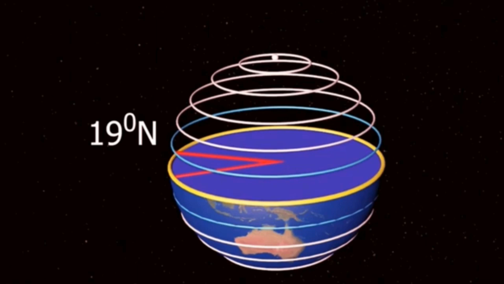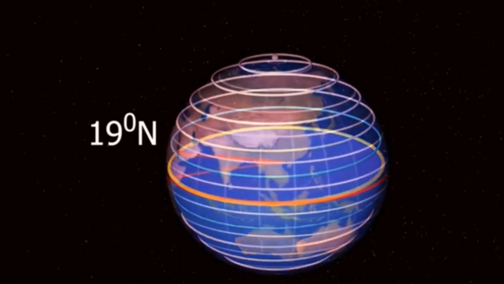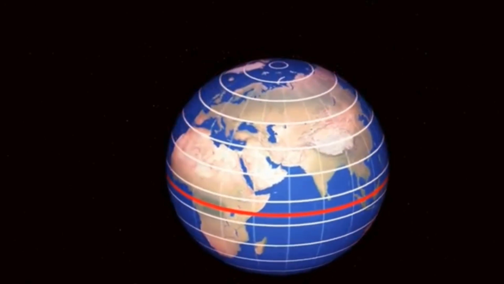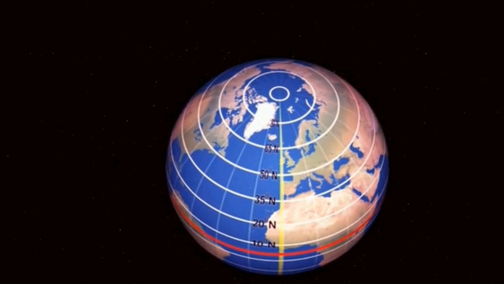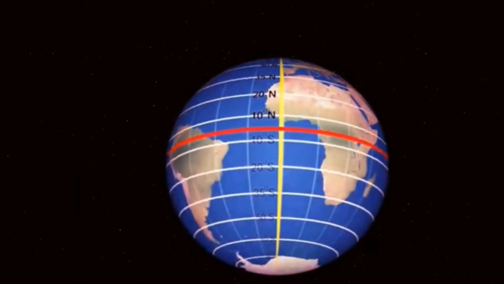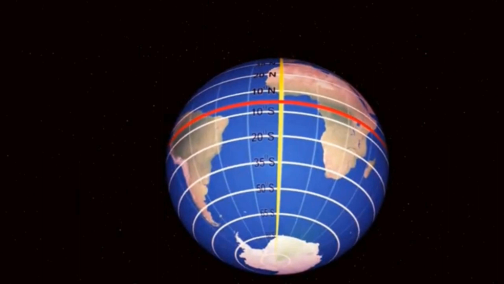The line of 19 degree north is drawn parallel to the equator. This parallel of latitude is called 19 degree north latitude. Any point situated on this circle is called 19 degree north latitude. Every place at 19 degree north latitude will make 19 degree angle at earth center from the equator. So there are 90 degree parallel of latitude in northern hemisphere. Similarly, there is 90 degree parallel of latitude in southern hemisphere.